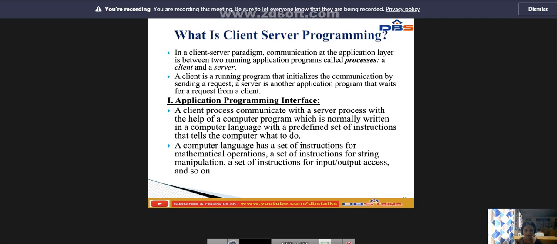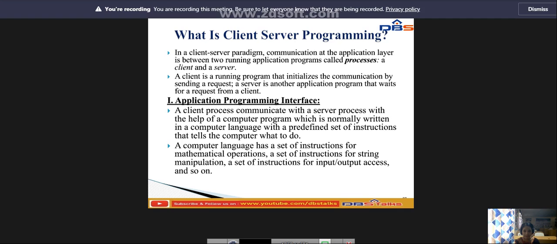In the client server model, communication at the application layer is between two running application programs called processes. So what is meant by client server programming? We have the client server model, that is a client and a server.